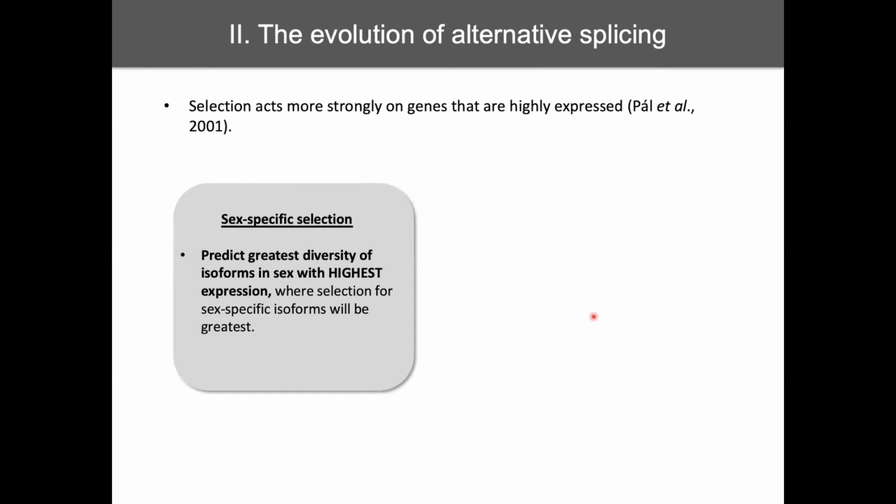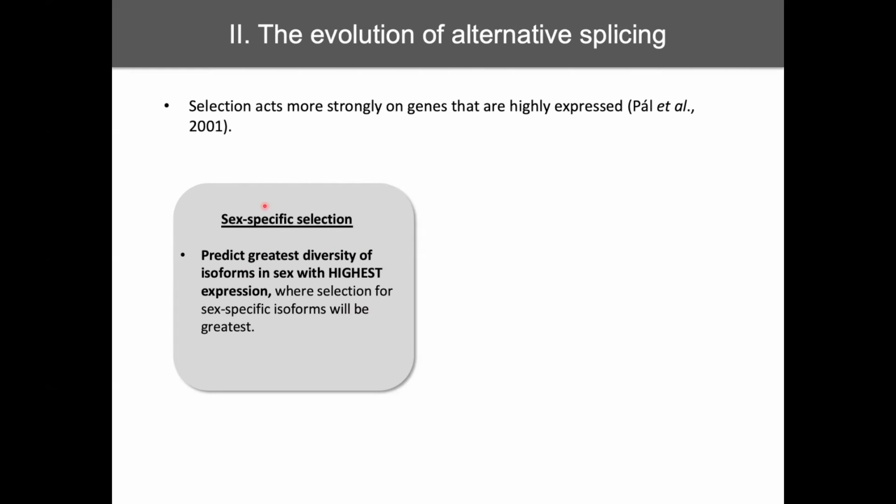In order to test this prediction, we used regulatory variation as a proxy for selection. So the more diversity of alternatively spliced isoforms, the more selection. When expression level differs between the sexes, selection should be strongest in the sex with a higher expression, as selection on loci increases with expression level. So we expect selection for sex-specific isoforms to be greatest in the sex with a higher expression level. Therefore, if the rapid rate of evolution of alternatively spliced genes is due to sex-specific selection,